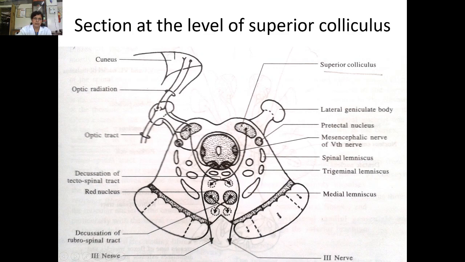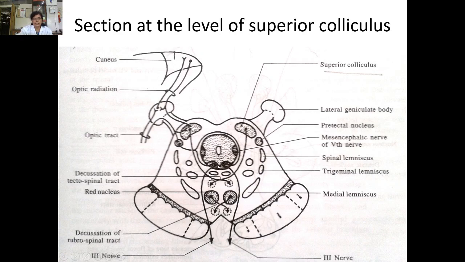So this red nucleus is situated in the midbrain at the level of the superior colliculus in the anterior part of the tegmentum. Then around the cerebral aqueduct there is central gray matter, and ventral to this central gray matter it is occupied by the oculomotor nerve nucleus, which is situated in the ventral part of the central gray matter. These two nuclei are present in the form of a V,